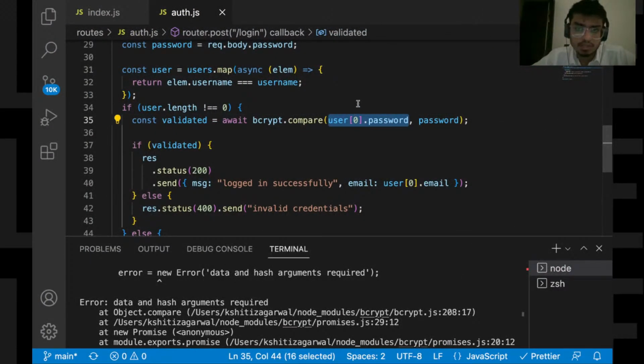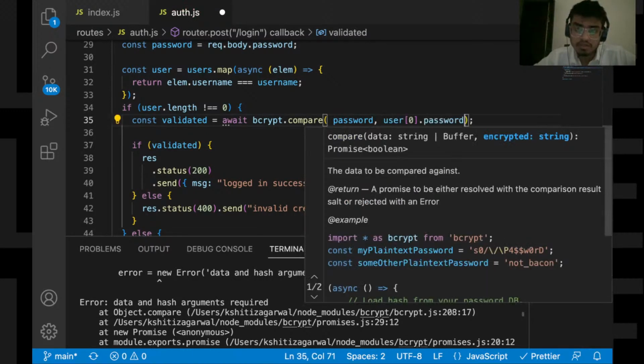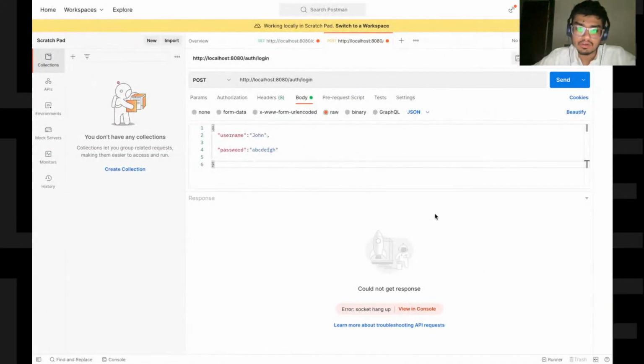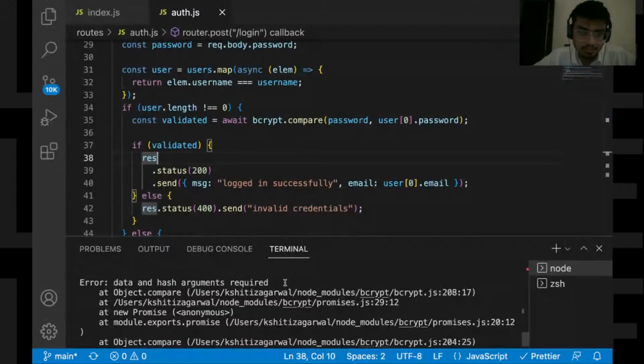Let me do one thing. Let's go here and 0.password. Now let's test again. Okay, we got the same error, it seems.